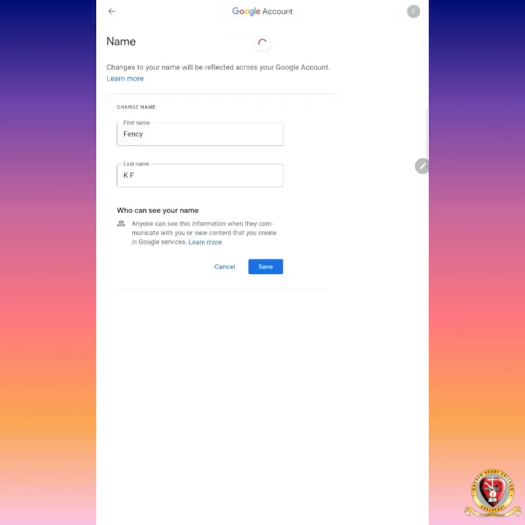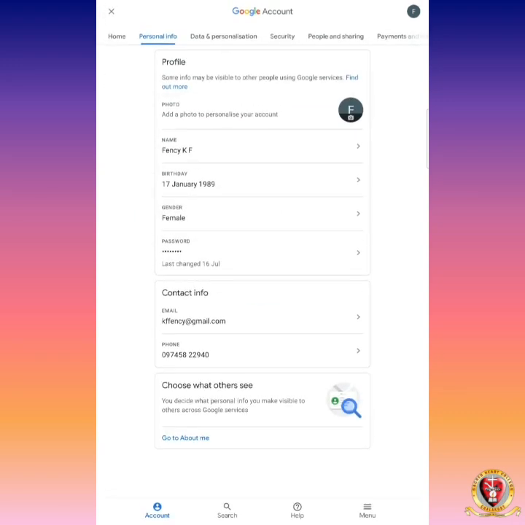Sometimes some of you are using your parents' Gmail account, but your parents are not using their Google account much. So for the easiness of teachers, you have to use the student name in the Google account. Sometimes you are using your parents' Gmail ID, but in Google Classroom, you can use your name only. If you are using your brother's name or sister's name, we cannot identify you. So please change your name to the student name, your name in the Google account, by using this change name option.